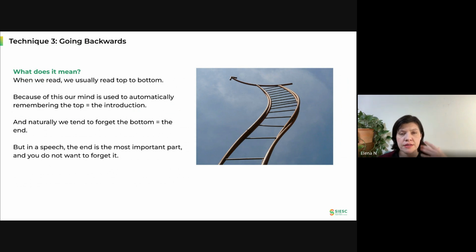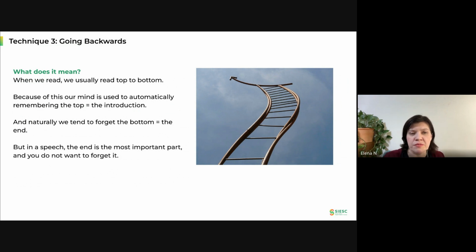Because of the way we're trained in school to read, we can apply this knowledge: we know we can easily and automatically remember the top, so we apply this to focus intentionally on the bottom. Since we tend to naturally forget the ending, and the ending is the most important part of your speech,